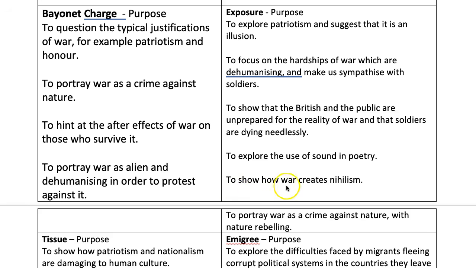And this shows how war creates a nihilism, which you remember is a despair that says life is pointless, and that has an echo in all those symbols of civilization like king, country, honour, etc. that the soldier sheds. So really easy comparisons to make, and again, you've got lots of interesting structure and form in this poem, so you don't have to worry too much that it's absent from Bayonet Charge.